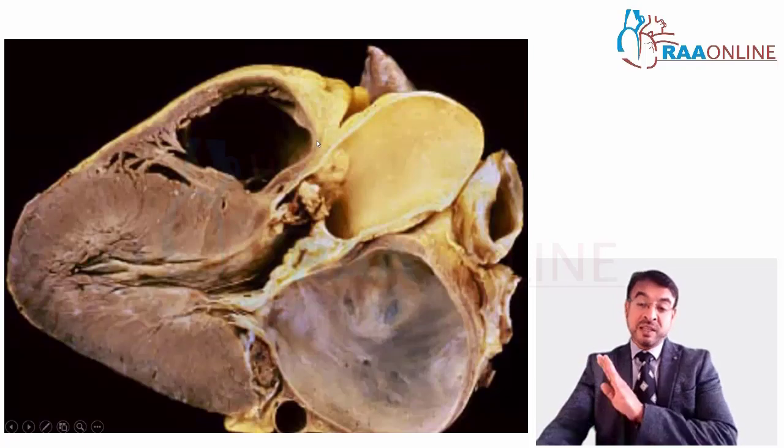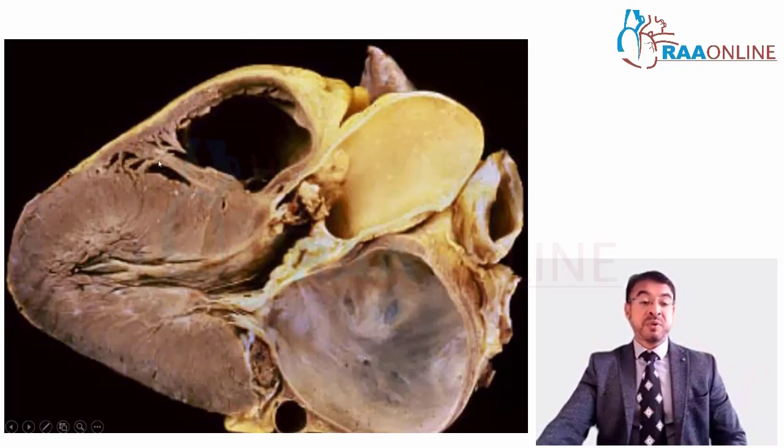Now this is a slice of the heart, panoramic view. You can see the left ventricle, the left atrium. This is a stenosed mitral valve, stenosed aortic valve. The blood could not go through the aortic valve due to aortic stenosis. So the left ventricle in course of time has undergone hypertrophy, so much so that the muscle is so thick there is no chamber space at all.